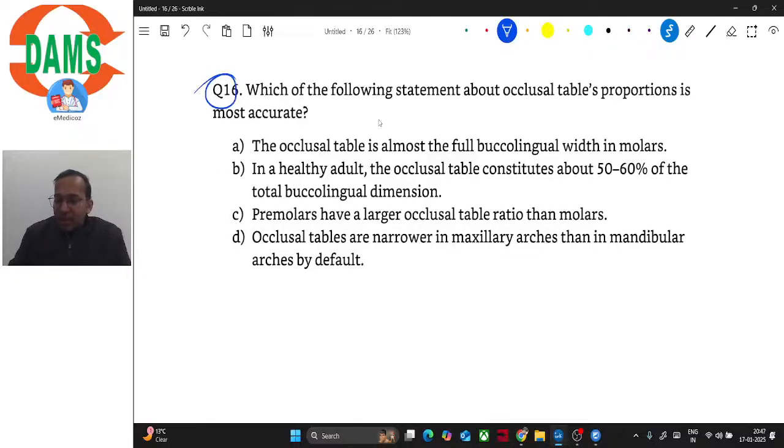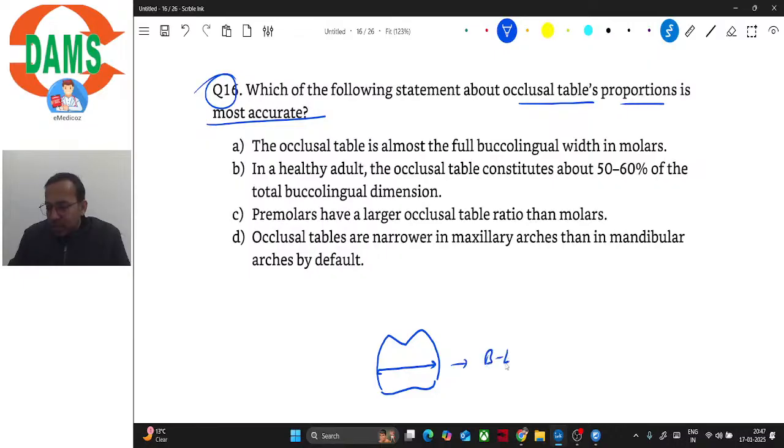So question 16. Which of the following statements about the occlusal table's proportions is most accurate? So what is an occlusal table? Let's say this is a mandibular molar, proximal view, right? So the buccolingual dimension would be this. This is the buccolingual dimension of the tooth, right? But what is the occlusal table? It is the area enclosed between these cusps. This is the occlusal table. The functional area where we will chew,